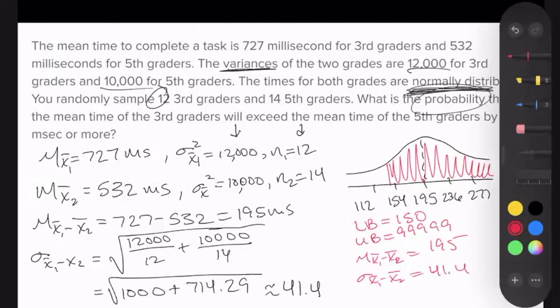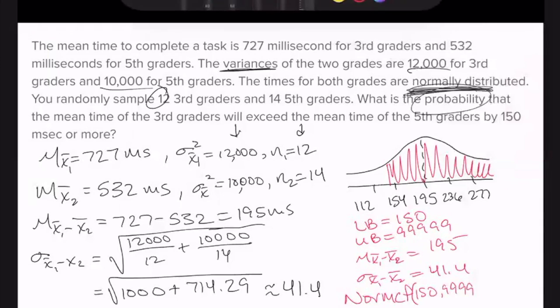So just defining it, and then saying, okay, I'm using my normal CDF to figure this out. Let me enter it in. I said 150, upper bound is a whole bunch of 9s, mean is 195, and standard deviation is